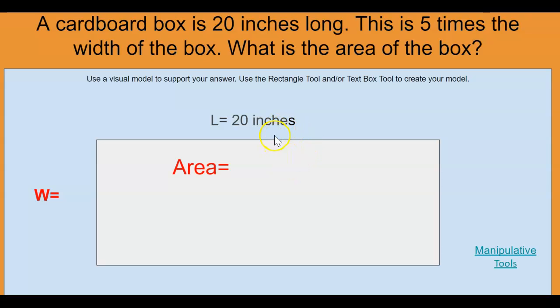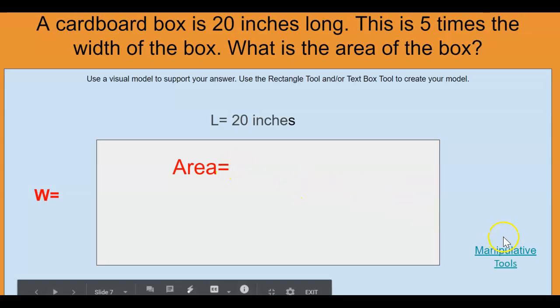Okay, so I've drawn the rectangle to represent the box. You do not need to draw another one. And I've labeled some areas for your W right here. All you need to do is click inside, right beside the equal sign, and you'll be able to type your answer there. Same thing with the area in the middle, right beside the equal sign. Whenever you determine what the area is, you can click right here beside the equal sign